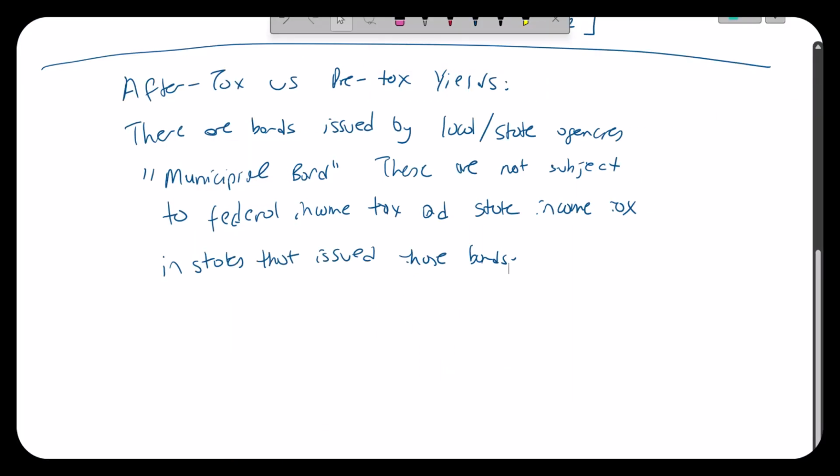But every once in a while, states have agreements between them about double taxation. For example, Kentucky has an agreement with Michigan. If you buy a bond issued by an agency of the state of Michigan, but your residence is in Kentucky, you are not going to pay any income taxes on that either. But you need to check those out. Kentucky has agreements with a number of states. Years ago, I did taxes for a friend of mine